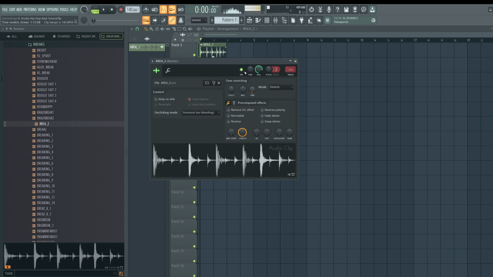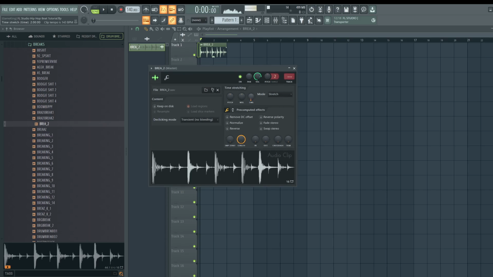Next, let's grab this time knob. I learned this from In The Mix, shout out to him. And then left click and drag it until it locks into the grid. So as you guys can see, it's moving around the grid. Okay, it locks to the grid once we get to a bar.